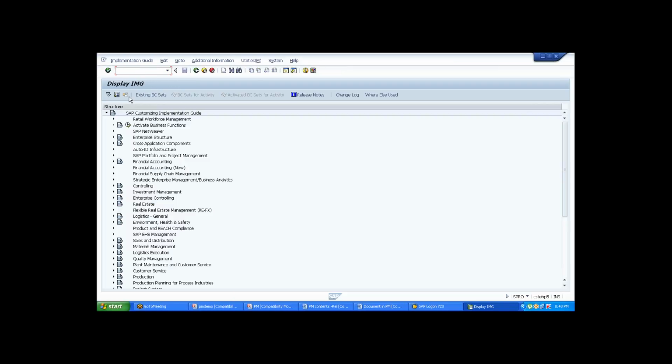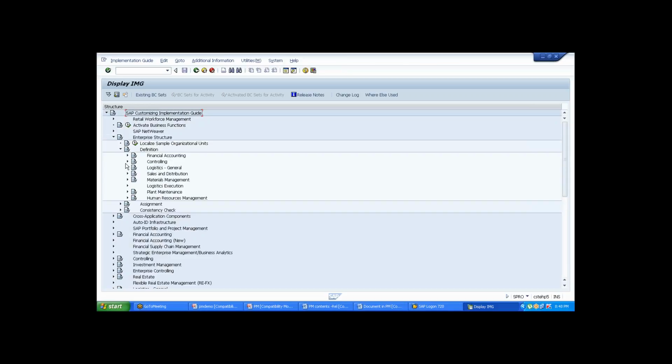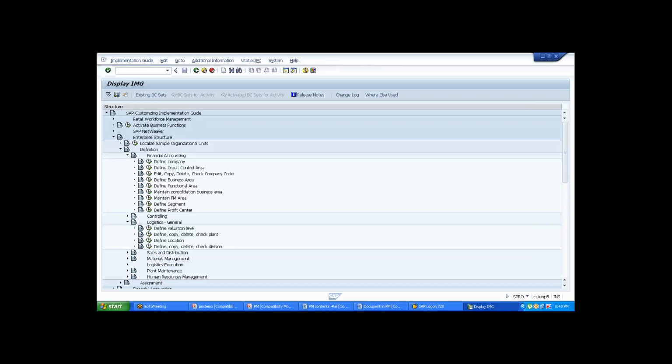Whatever you need to configure, you will configure here. For example, enterprise structure. I told you where my company is and how many company plants there are. All these things you will do in define company. See, define company code, and in logistics general you will have plants, define copy delete check plant, and for plant maintenance,